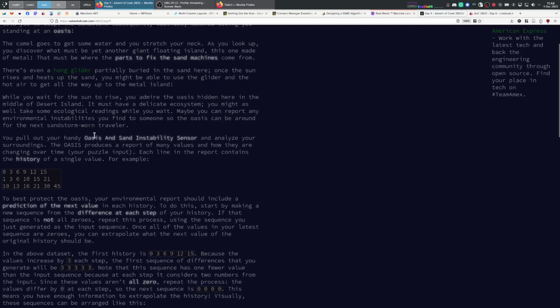I guess we were secretly geologists all along. So you pull out your handy oasis and sand instability sensor and analyze your surroundings. The oasis produces a report of many values and how they are changing over time, your puzzle input. Each line in the report contains the history of a single value. For example,